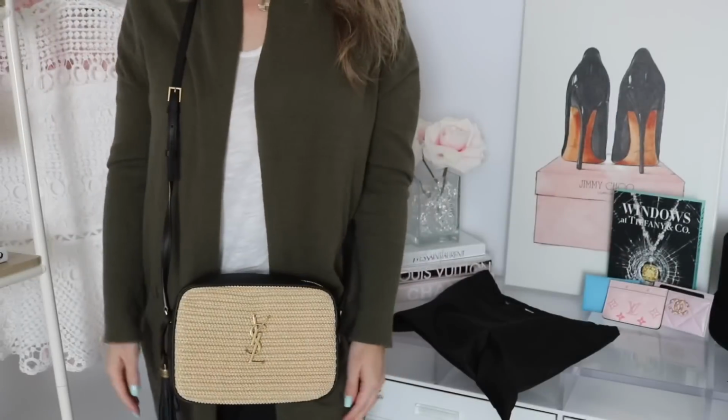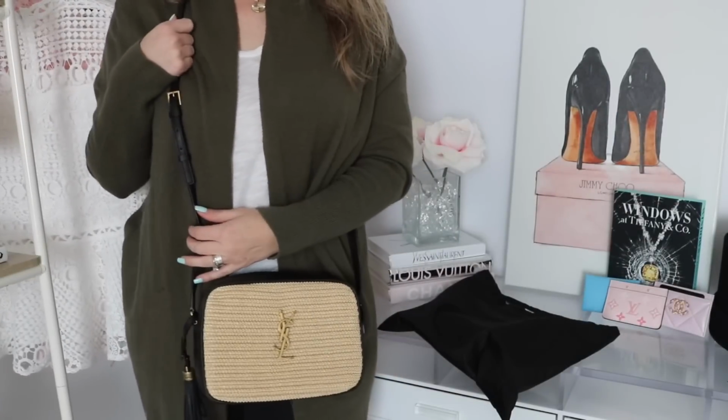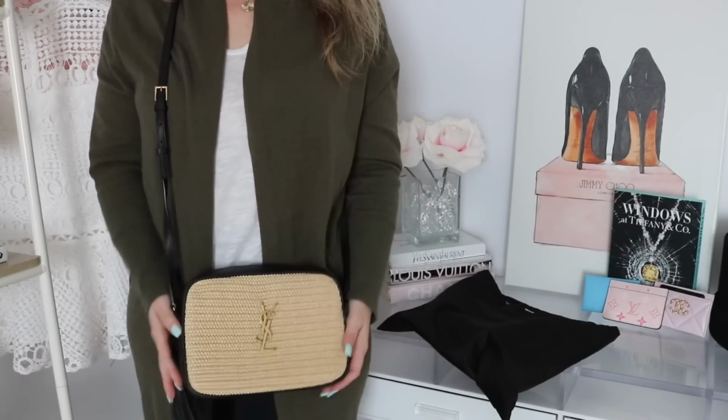I'm gonna take some of this out. You can see it's just one large compartment. Let me go ahead and try it on for you. This is very comfortable to wear. Okay, hold on. So you can see I am about 5'3" for reference, but I just think this is